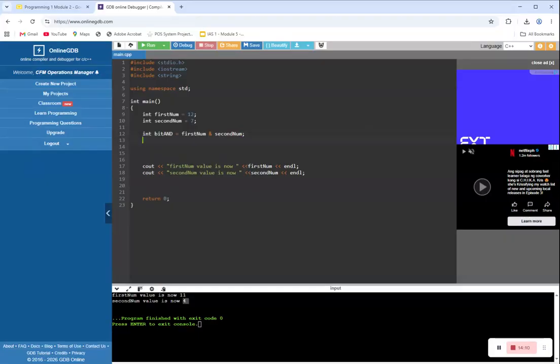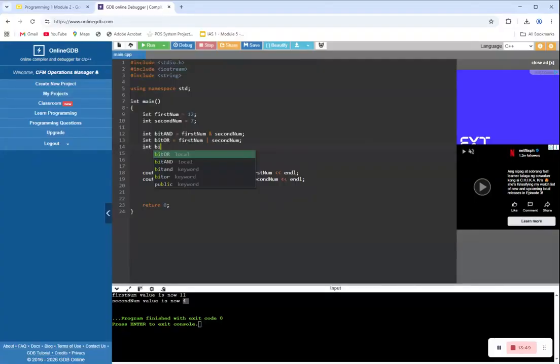So int bitOr is equal to first num or second num. Int bitXor is equal to first num, caret, second num.